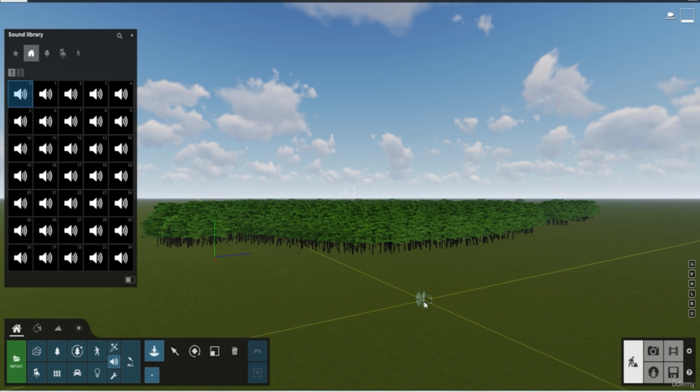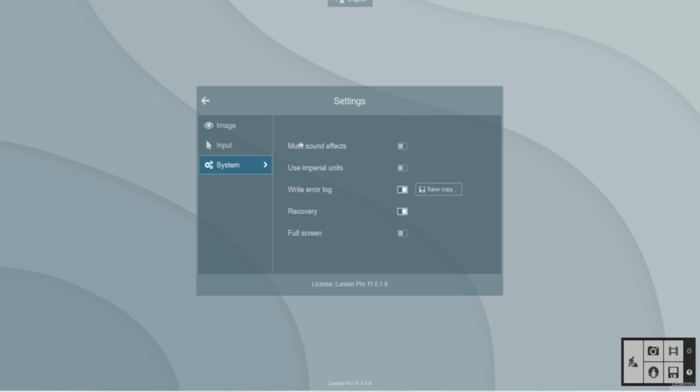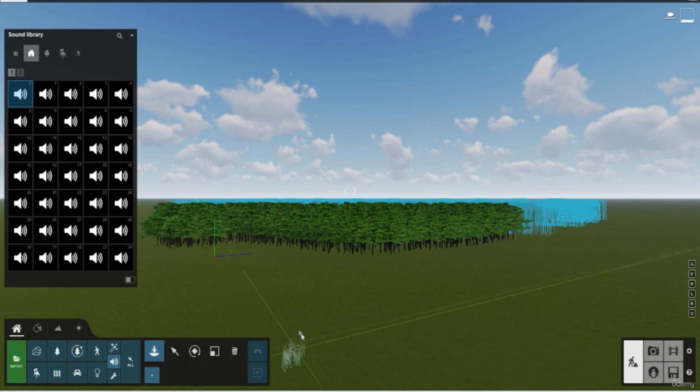But the thing is, when you're using those sound effects, when you are at the interface, they will interfere. I mean it will disturb your peaceful rendering, because it will be like a distortion. So my suggestion is just to mute these things, because it will be easier to work with the interface then. And here also you have imperial units. That means you have imperial or metric system. For example,